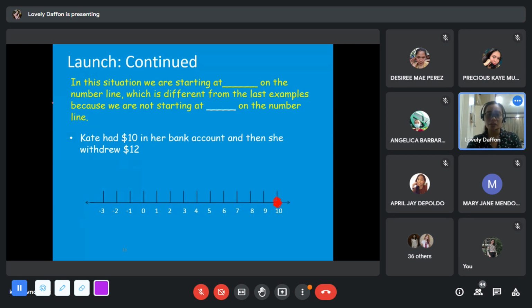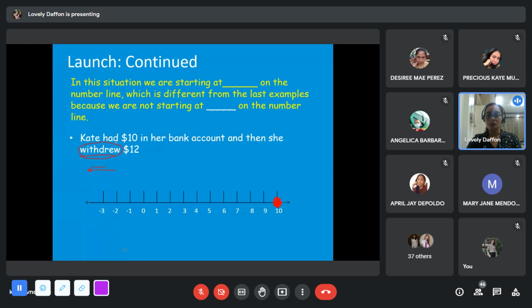Okay, and then she withdrew $12. So you already have here the word withdrew. So kabalo na tayo nga kana siya going to the left talaga kasi negative eh. So it's more on going to the left. So pag mag-negative, that is always negative going to the left. That's the importance here nganong dapat makabalutaan ng mga importante nga mga words, kasi we are trying to emphasize the operation and how we would also do it.